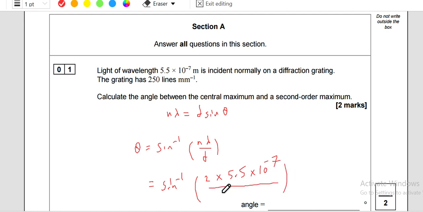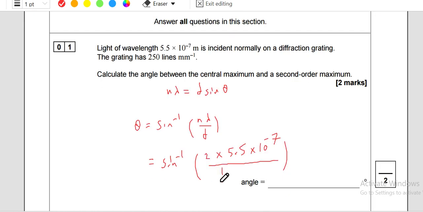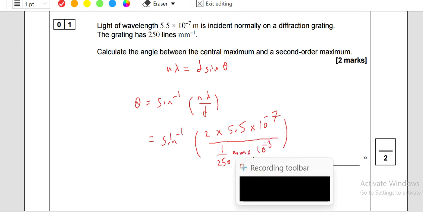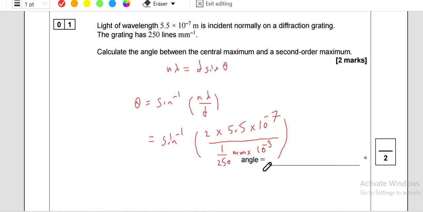d is 1 over 250, but we should convert to millimeter, since it is per millimeter, so 1 over 250 is in millimeter. To convert millimeter to meter, we should multiply by 10 to the minus 3. And we need to convert it because we have lambda here in meter. On your calculator, the answer is